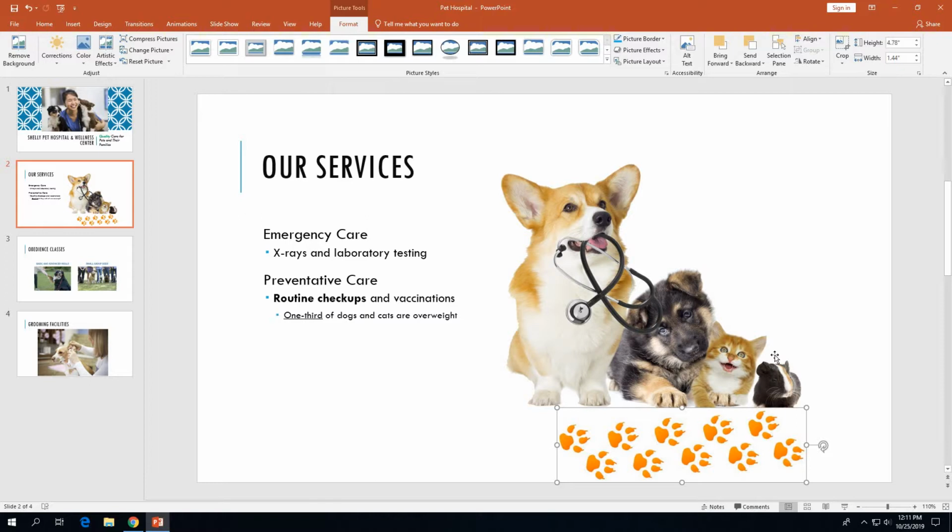It may take you a little while to get it exactly where you want it, but just keep working on it. And if you want to move the picture by small amounts at a time, you can use the arrow keys on your keyboard. If you can get it really close to where it needs to be, then you can use the arrow keys to do that final adjustment to get it exactly where you need it. Alright, so once we've got that done,